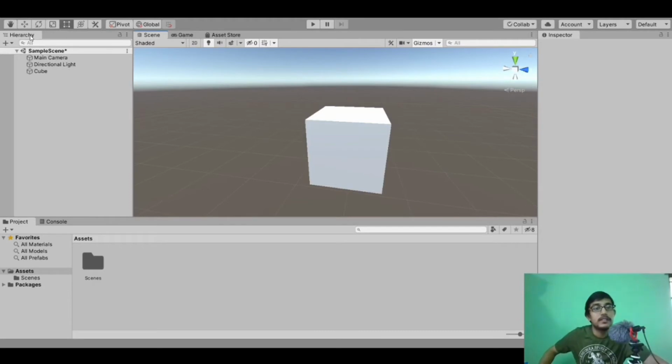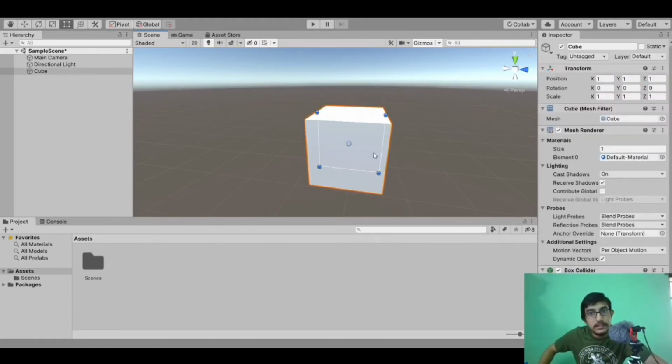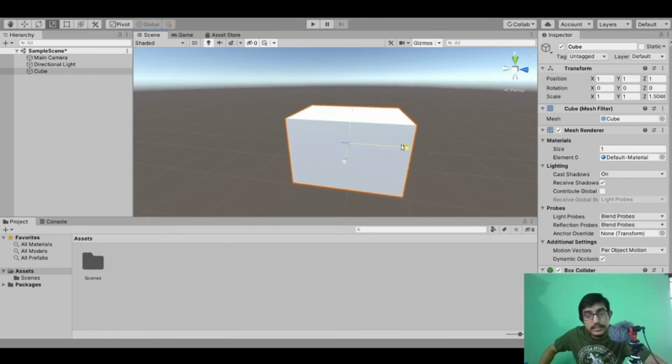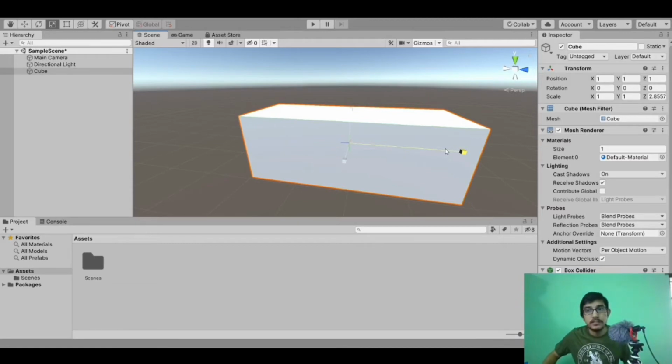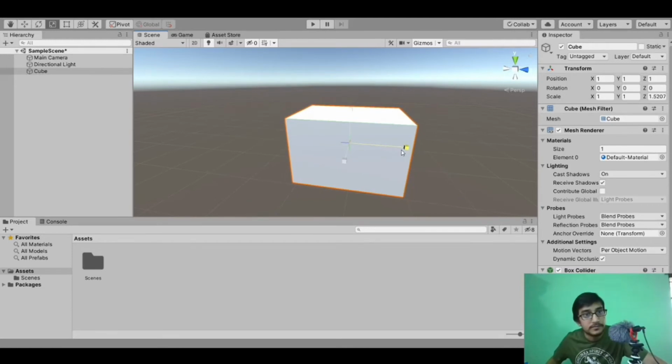You can actually see the difference. We increased the size of this cube in the x axis using a scale tool and using this rectangle tool, but what was the difference? Let's see again. When we are using the scale tool, if we increase the size in the z axis, you can see the size is increased from both the sides. When I increase or decrease the size, it is increasing or decreasing symmetrically from both the ends of the axis, that is positive z-axis and negative z-axis.